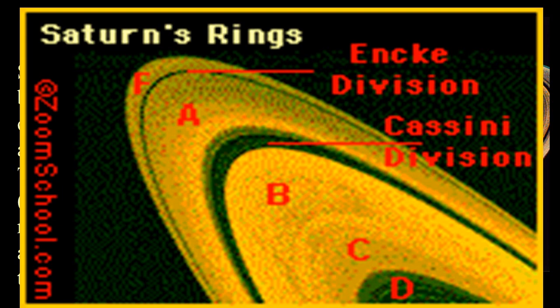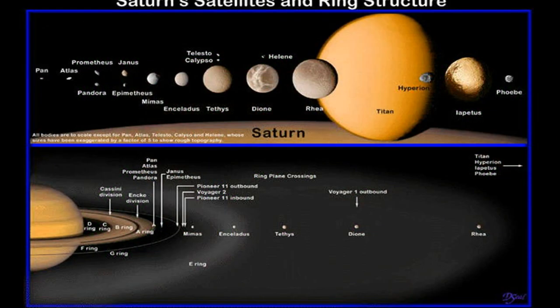And so the Cassini division was named after Mr. Cassini, who was one of those early astronomers who was looking at it. Okay, so it's satellites or moons. We could start to see some of those moons right here.